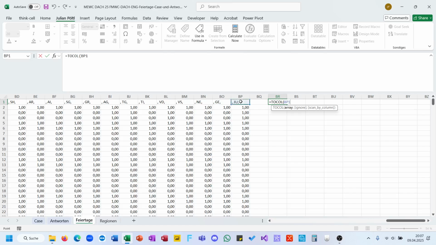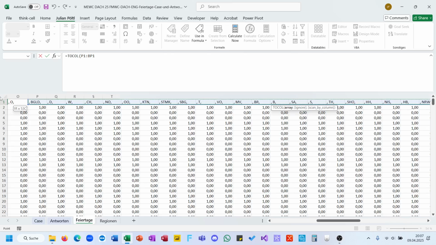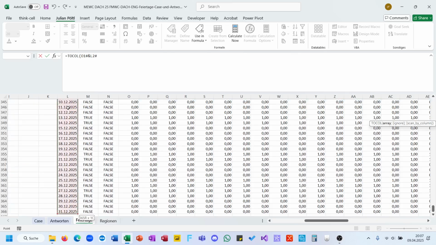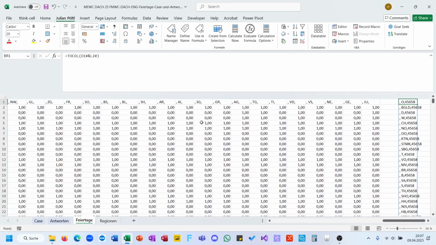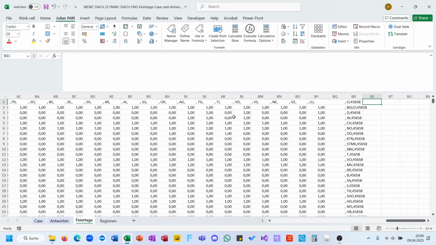To call this, so the abbreviation and the date separated by a comma,